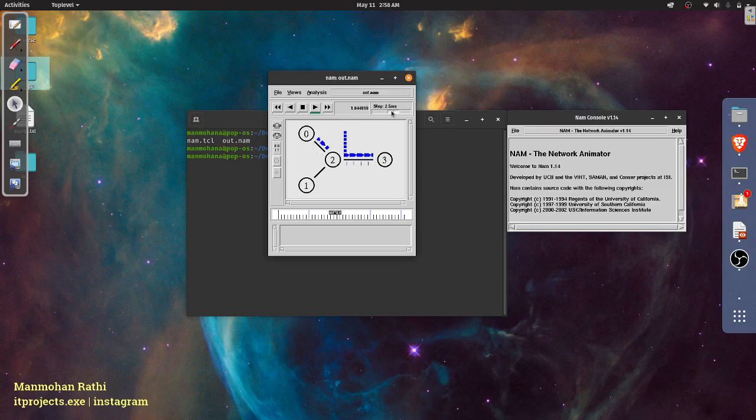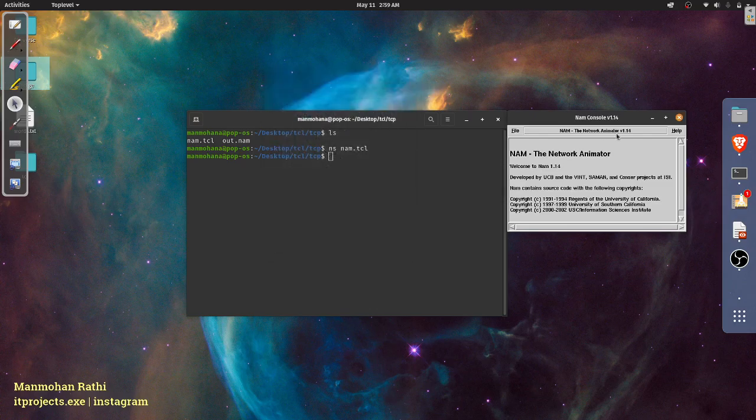So yeah, as you can see, the transmission will happen the same way till 4 seconds. The queue is maintained all the time. So that is how we run FTP over TCP, and this was, I think, experiment number 6 of the network lab, and I hope you understood it.